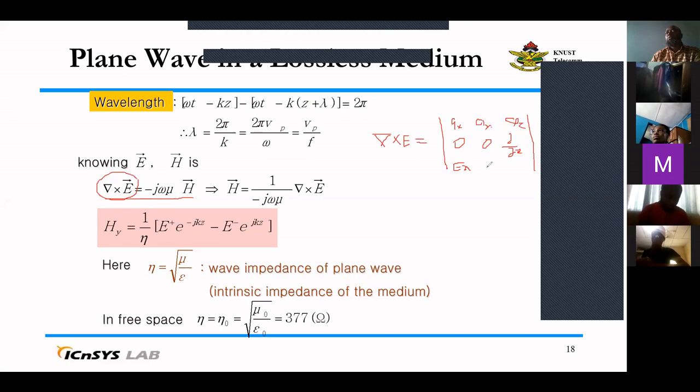This is 0 here, and this is 0 here. This is 0 here, and this is 0 here. So if you perform this curl operation, obviously, the only component that will be there will be the AY component. And the AY component will be given by what? Negative del EX